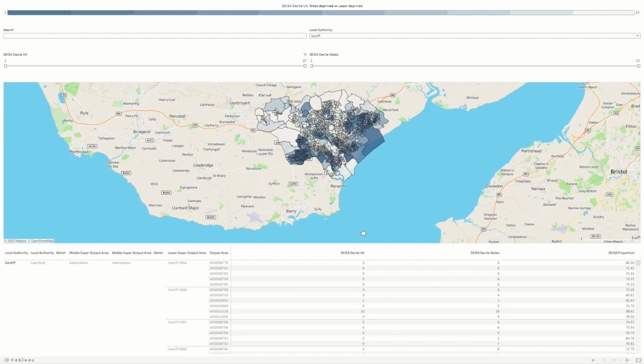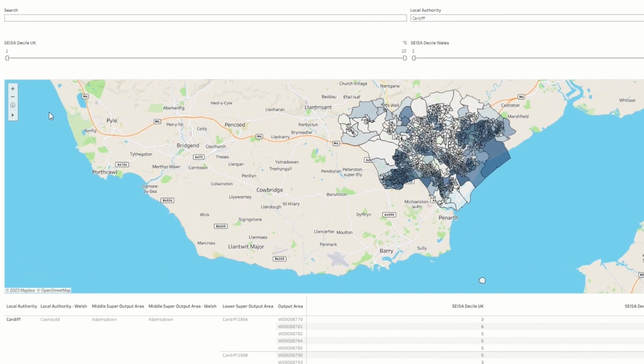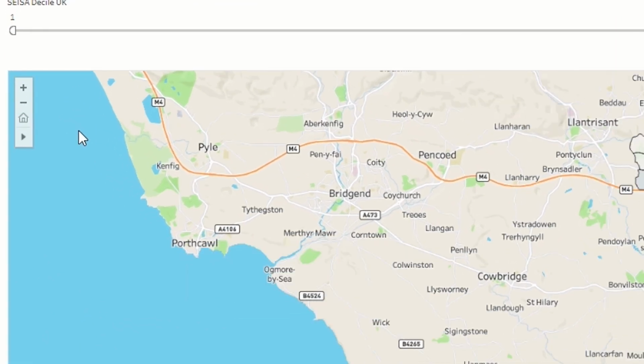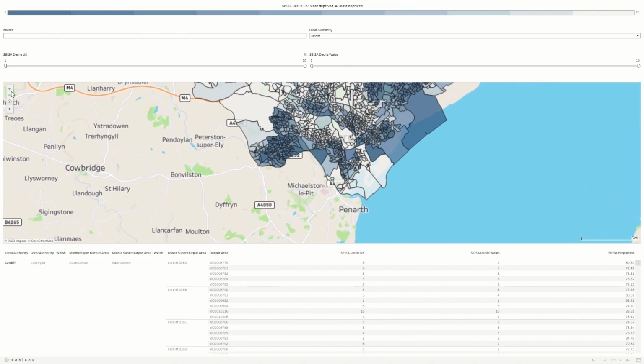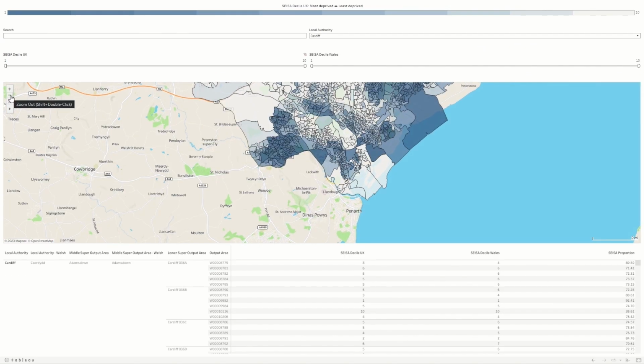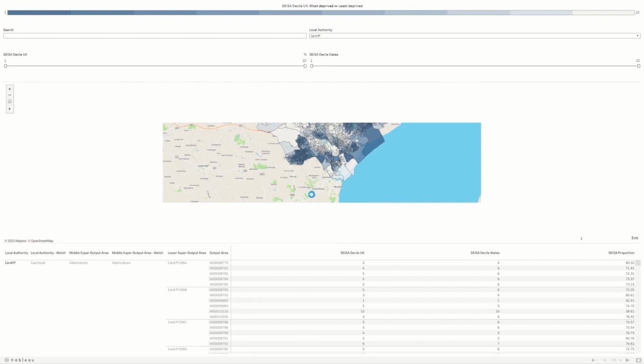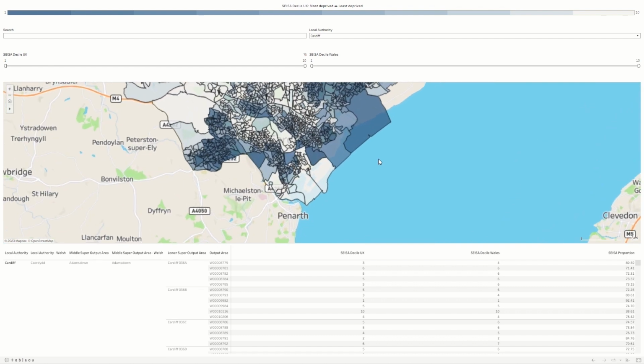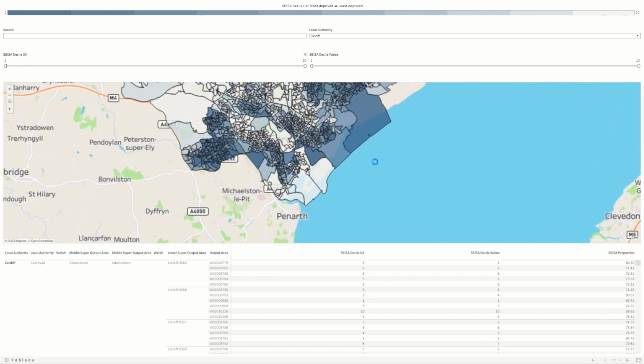If we look at the interactive maps themselves, we will now take you through some of the tools you can use to interact with the map. Whenever you interact with the map, you will notice a small menu appears on the top left-hand corner of the maps. The plus and minus buttons will operate as a zoom function, so the plus will zoom in and the minus will zoom out. These will zoom at set stepped intervals. If you want greater control over the zoom feature, you can use the scroll button on your mouse to zoom in and out.